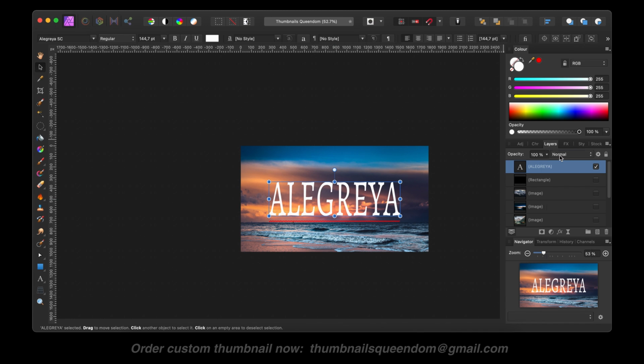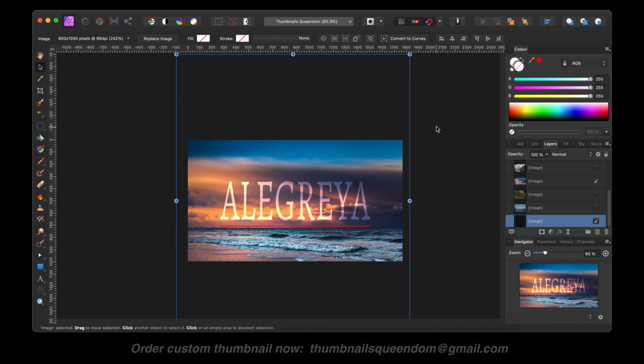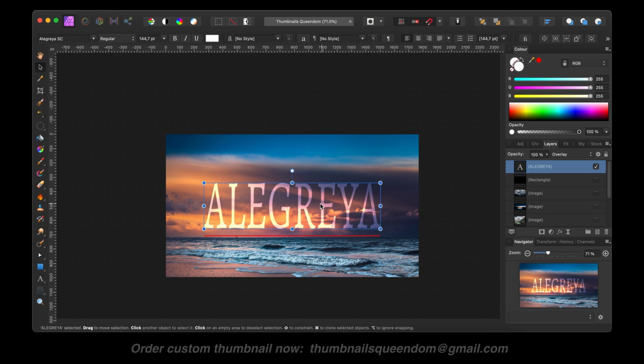So that kind of font can definitely help you achieve some interesting effect, as you can see here, right? Especially with overlay effect. So my dear, let's go to the next font,